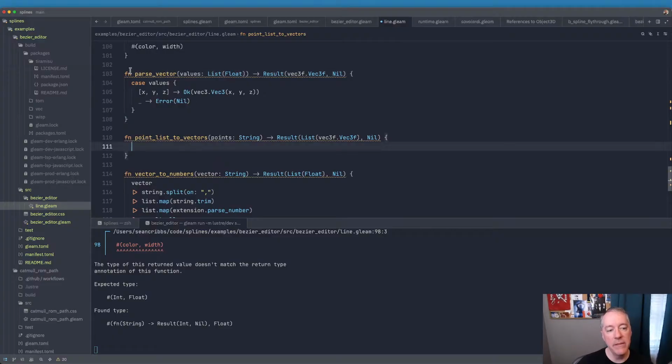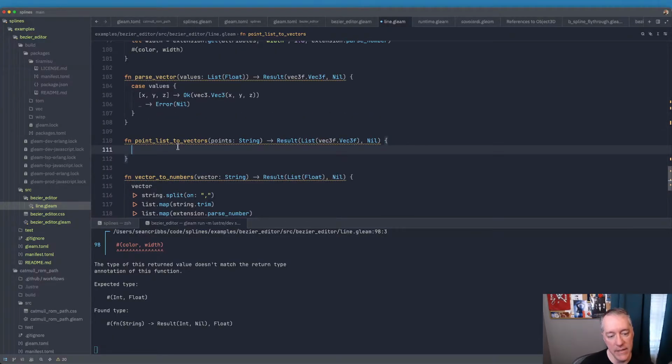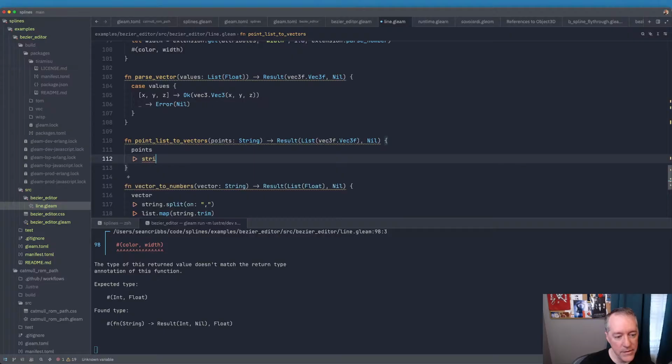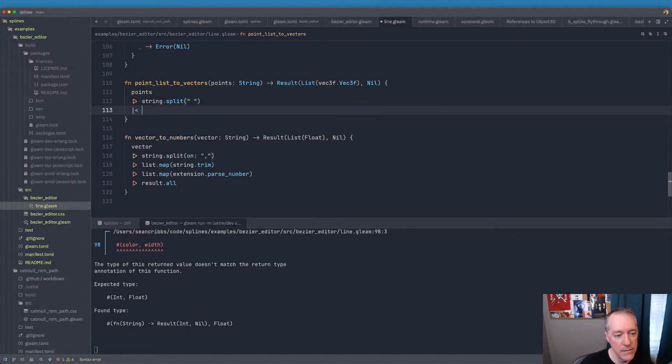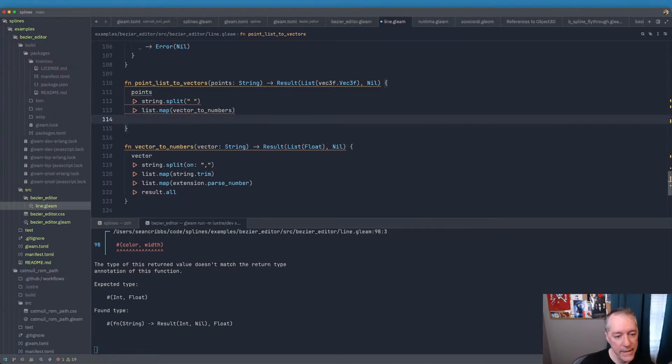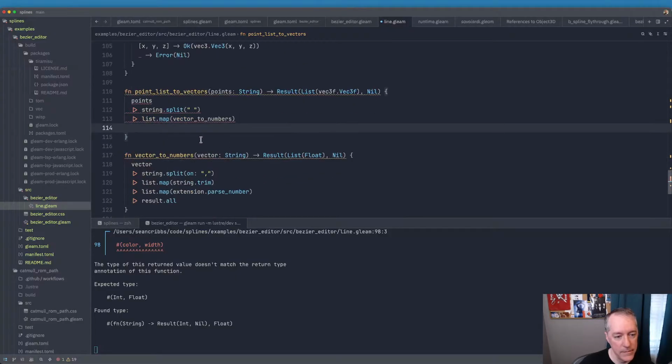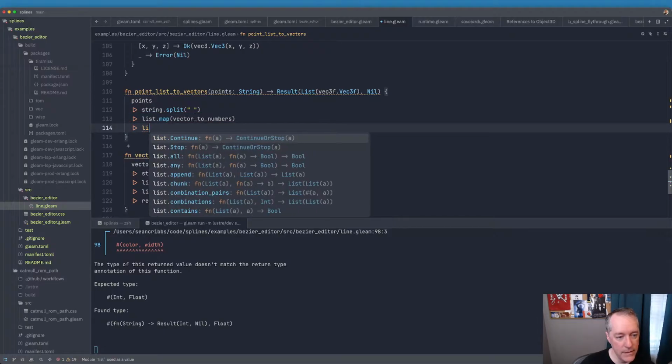So it is a string split, but then we want to map over the contained list. So we'll say points. Oops, points. String split on space, list map of vector to numbers, and then that is,